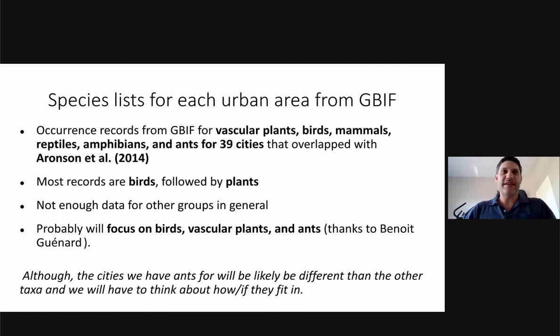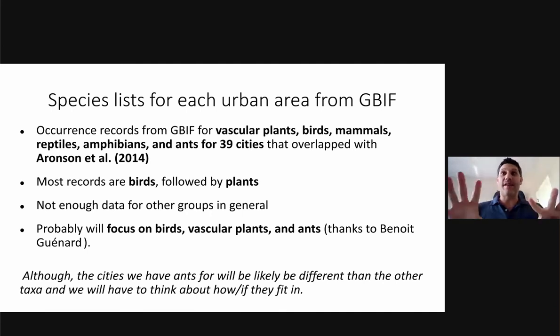Most of the records that we were able to recover from GBIF are birds and then plants. There's not really enough data for the other groups in general. So we're probably going to have to focus on birds and vascular plants. And we're also looking at ants because Benoit, I know I'm going to say his last name wrong, so I'll just call him Benoit for now,